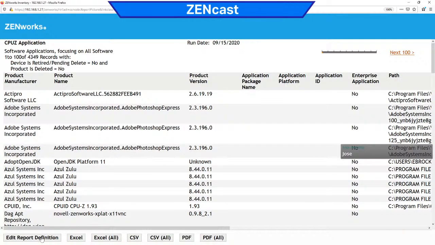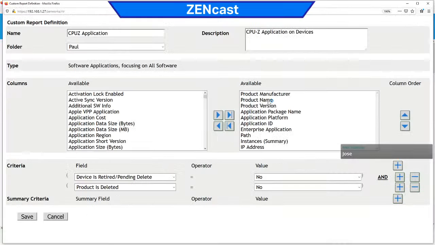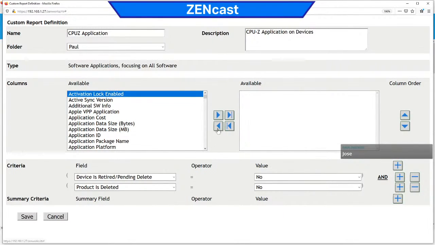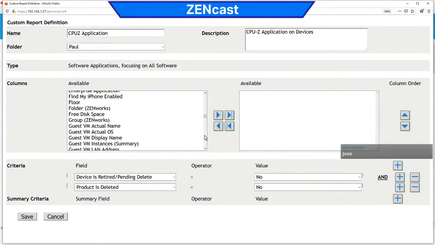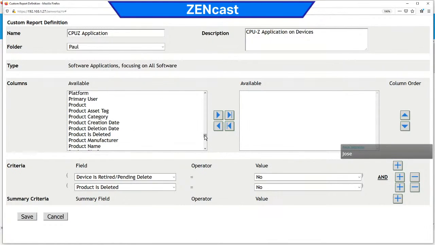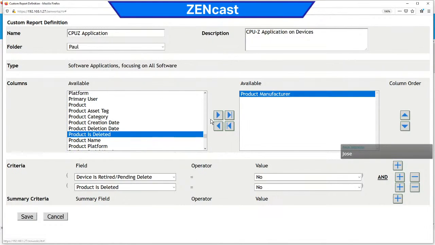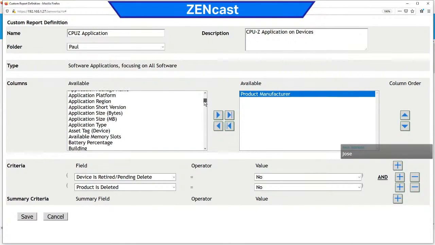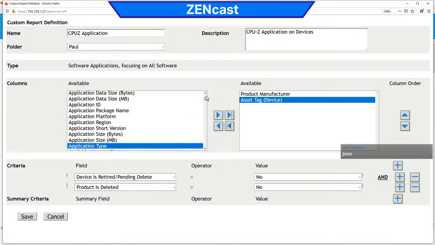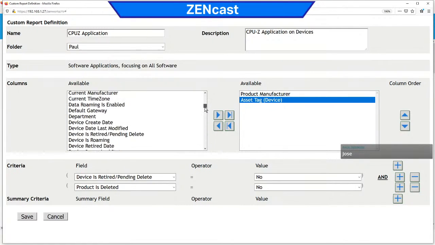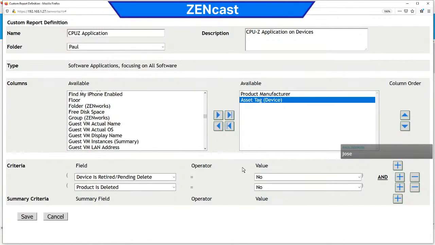Okay, so if I do an edit and I do product manufacturer, everything goes over here. We then go to product manufacturer, and then I go to IP address or asset tag. Okay, and then if I do add